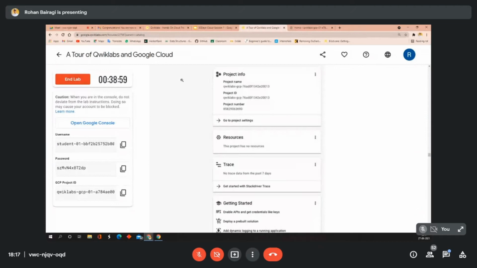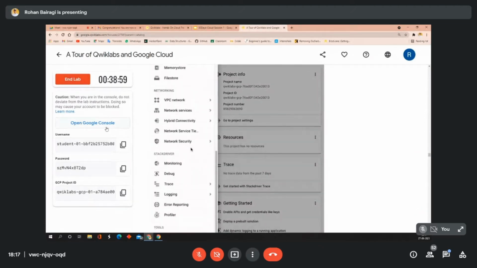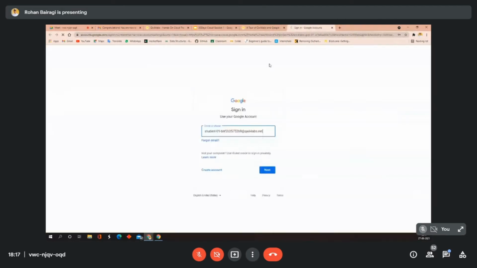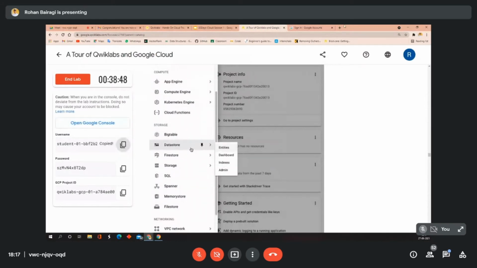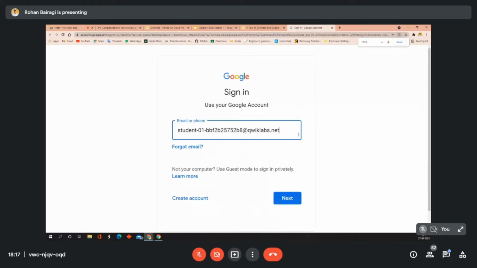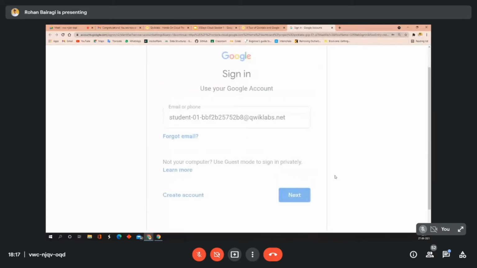Okay, let me show you this again. First, click on the Google Console, which is on the left panel. It will take you to a new tab. Then copy the username and paste it here. Click on the next button.